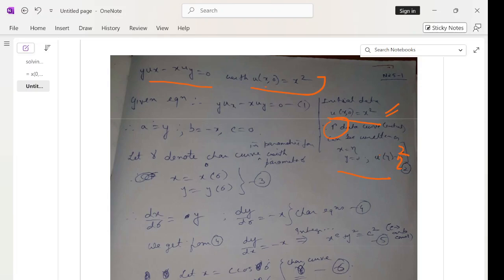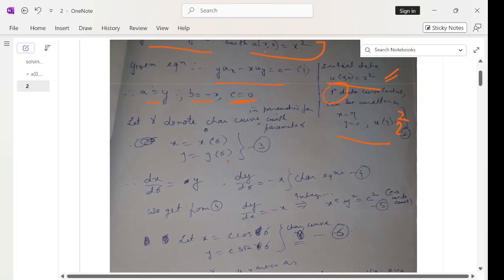Okay, now if I consider this as my original equation, then comparing with the standard form, which is a u_x plus b u_y equals c(x, y), you get a equals y, b equals minus x, and c equals 0. Okay, so if you recall the theory which we have learned for setting up this Cauchy initial value problem